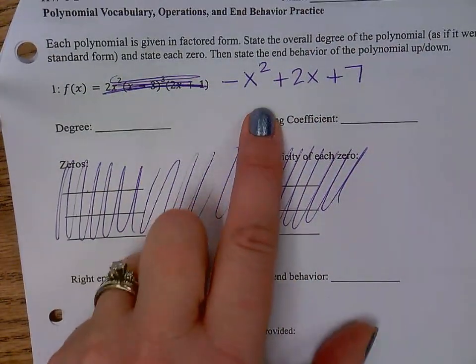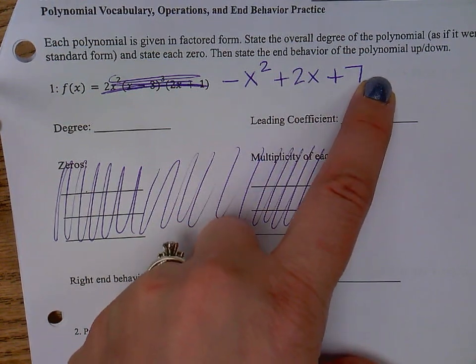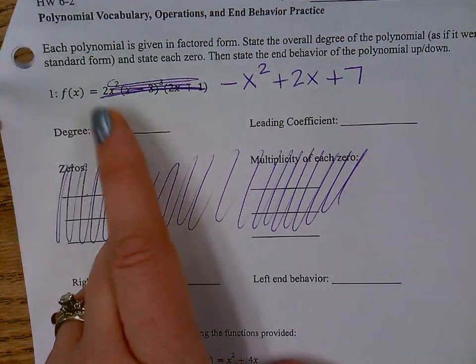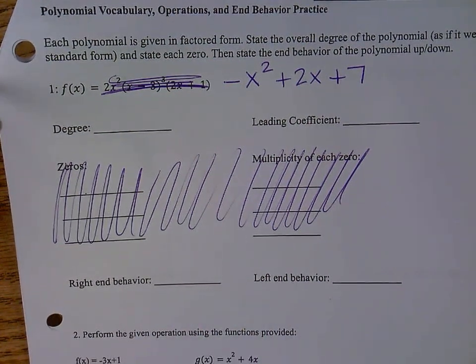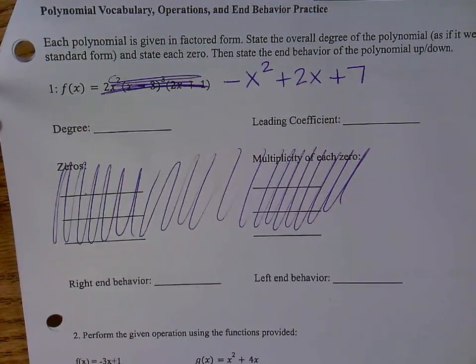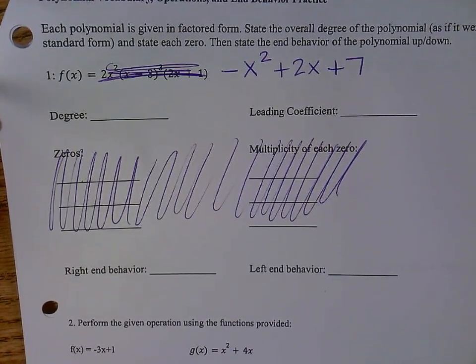So if you just want to rewrite it as negative x squared plus 2x plus 7, and that way you have something you could identify the degree, the leading coefficient, and the right and the left end as practice. That's on number 1 of homework 6.2 for tomorrow. So I'm not here tomorrow, so you could